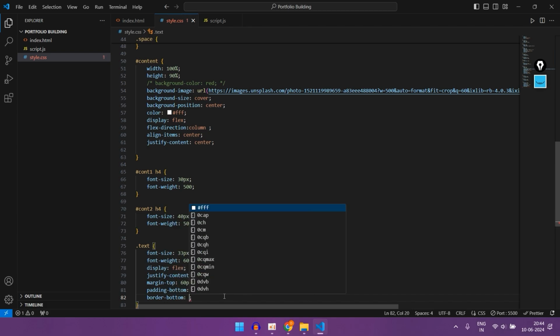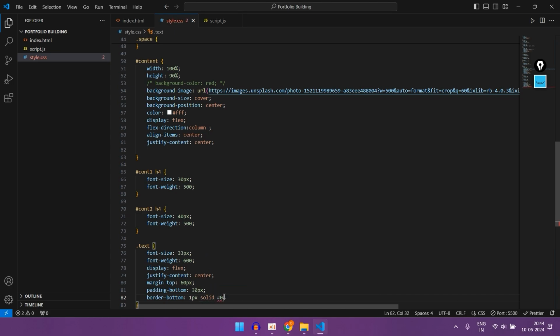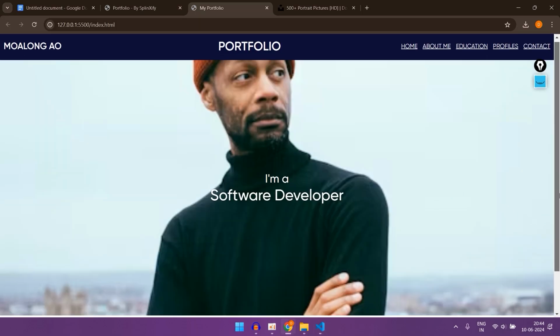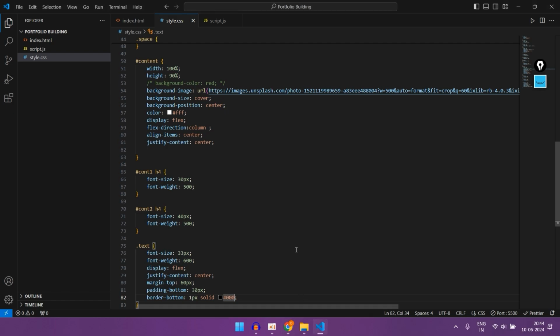We want 1 pixel, we want it to be solid, and we want it to be black, so #000. There is a line, but we can't see it because it's at the edge. So